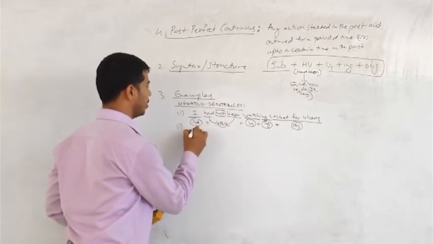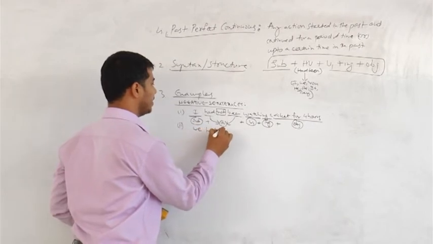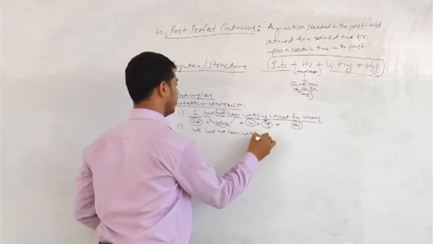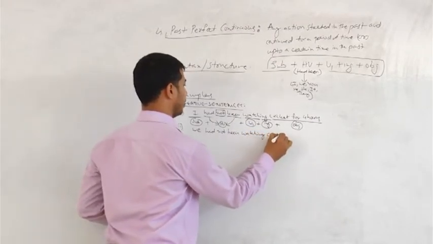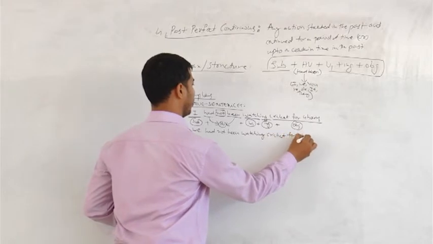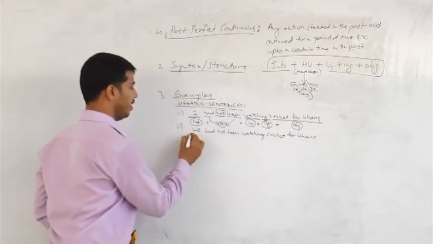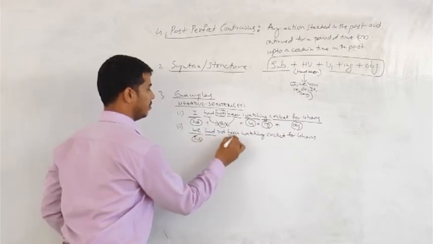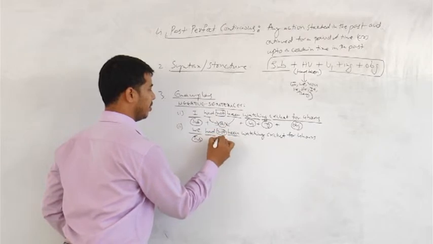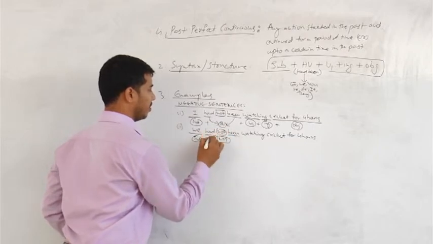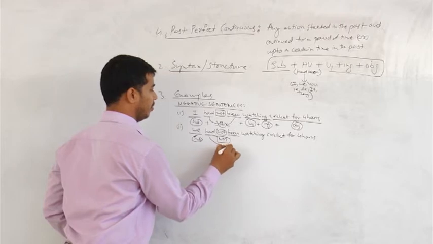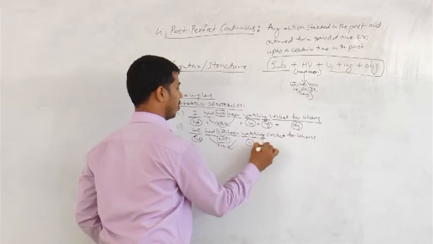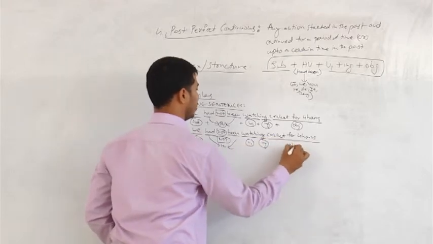Okay, let us go with the personal pronoun we. We had not been watching cricket for 4 hours. Now what is we? We is the subject. Once again, had and been are the helping verb, right? Not is nothing but not, which we have taken. Watch is V1, ing, and cricket for 4 hours is the object.